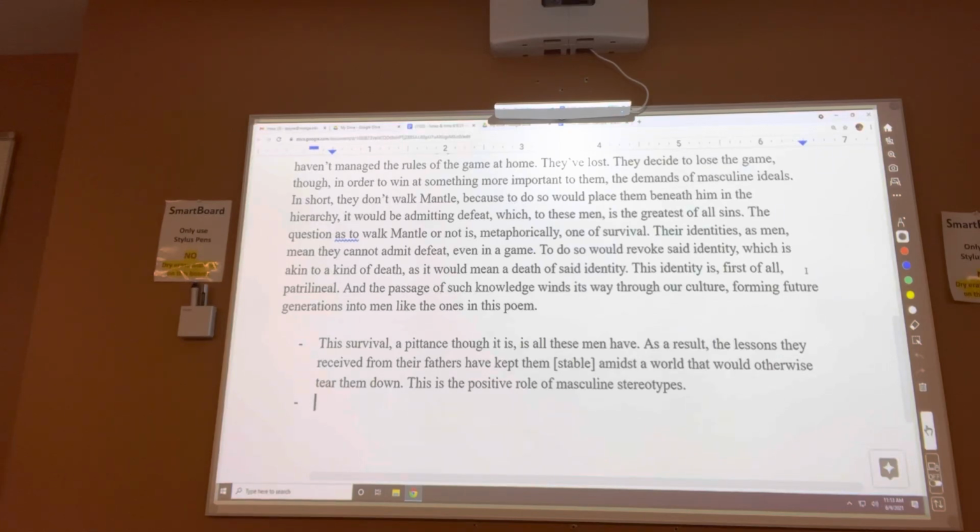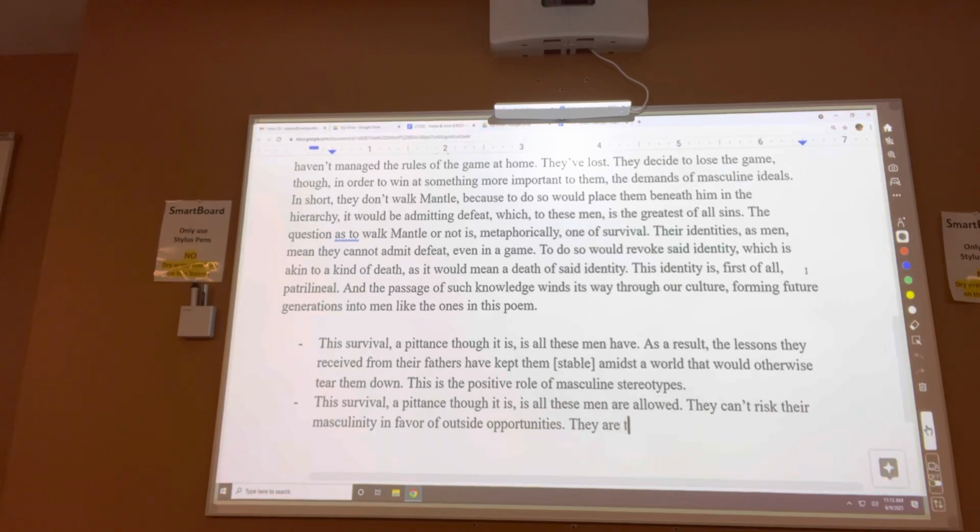This other one, that's the other possibility. I think both